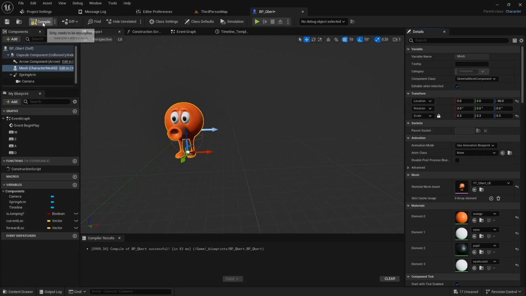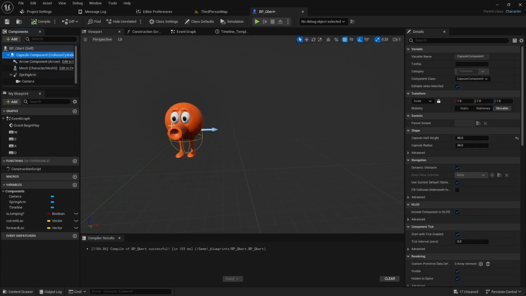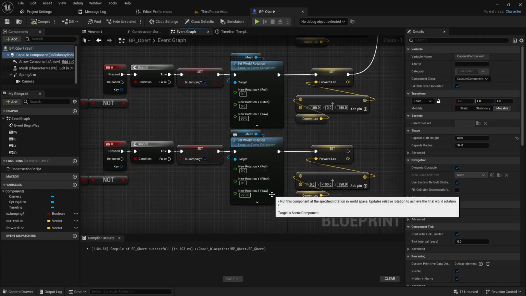So that's basically all we're doing. We're just rotating the static mesh. It's kind of like an illusion of movement. So we're rotating the static mesh and we're moving or translating the capsule component. So with that set here,